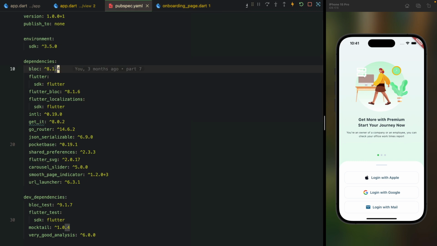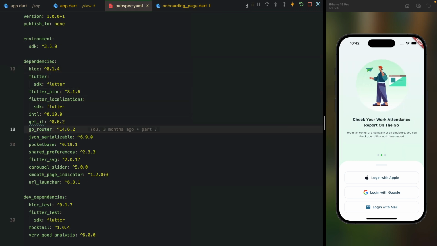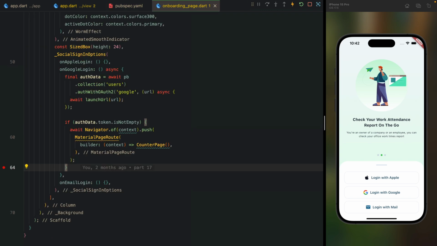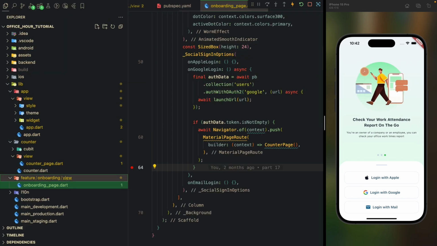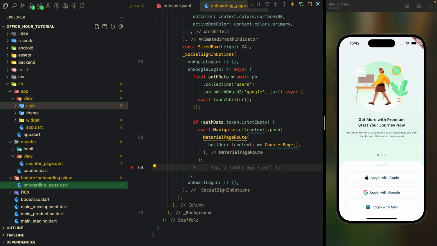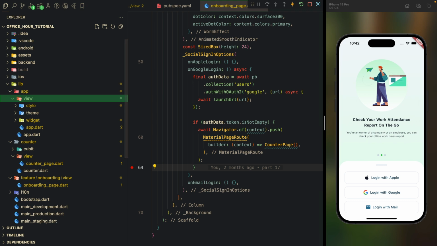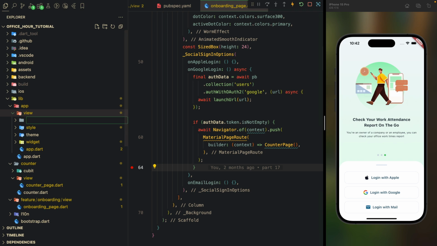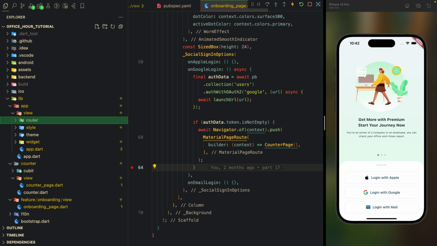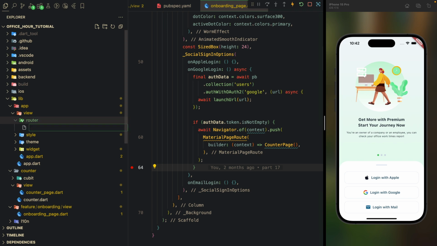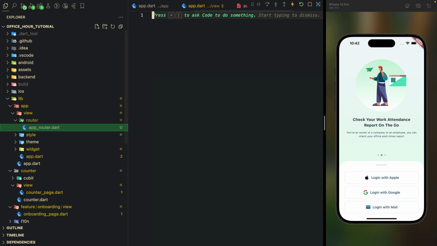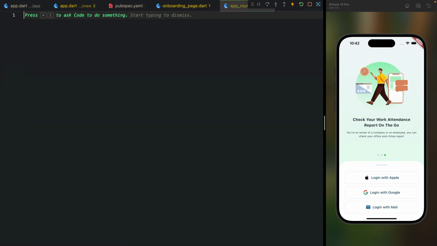You can see we added it very early, and for this tutorial we need to go to our file explorer, and inside the app folder we are going to create another folder called router, and inside router we're going to create another file called app_router.dart, and here we are going to implement that core router